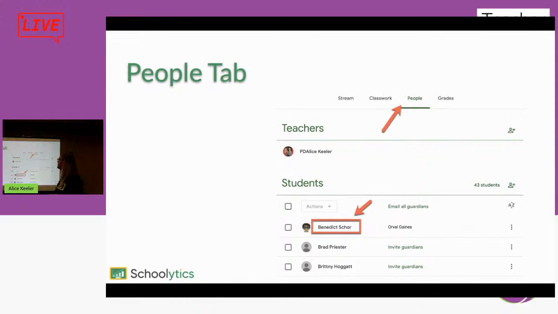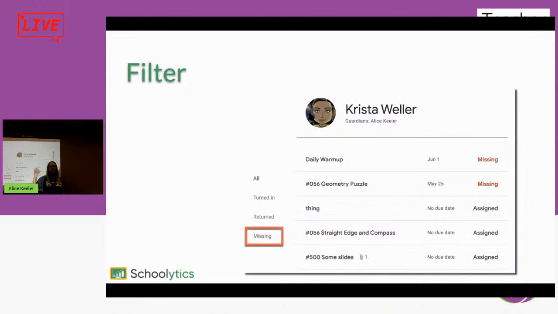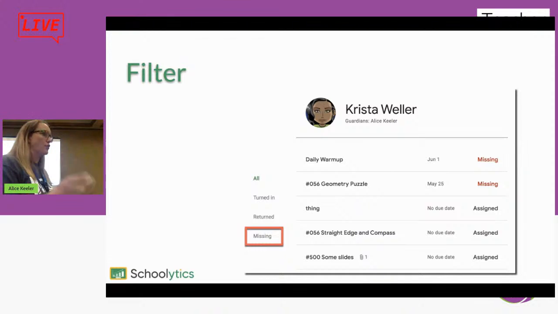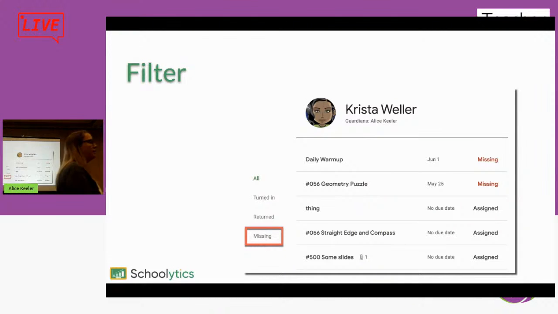If you go to the People tab, you can click on any student's name, and it's going to go to individual student view. So this is one way that you can get a progress report out of Google Classroom. You can also do it when you're in any particular assignment, not by clicking on their name on the left side, but clicking on their larger name, which again, I always hold down the control key when I click on that, so it opens in a new tab, and I don't lose where I'm grading.